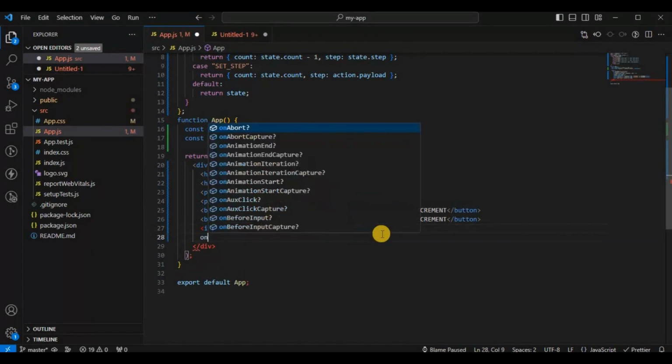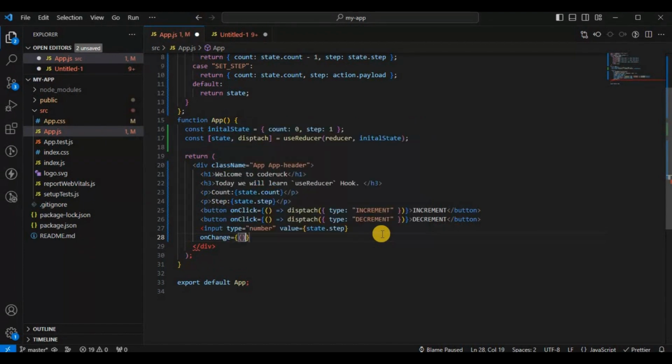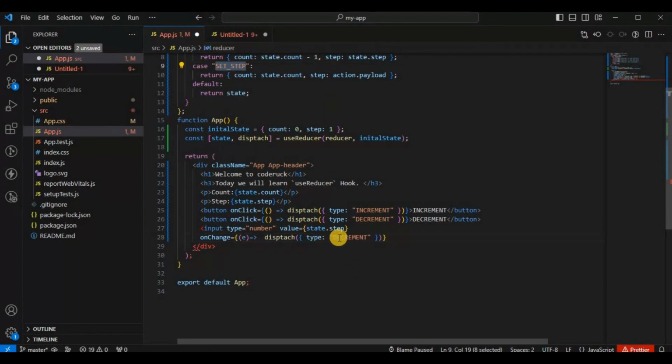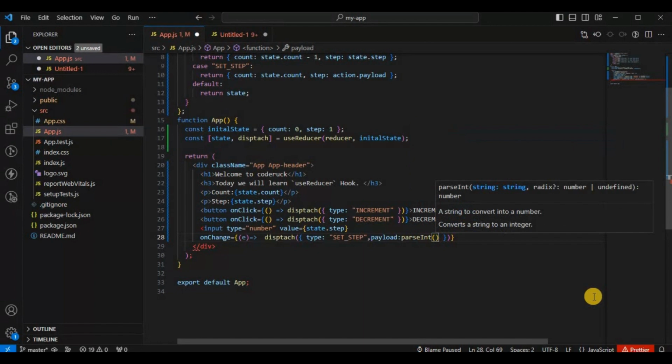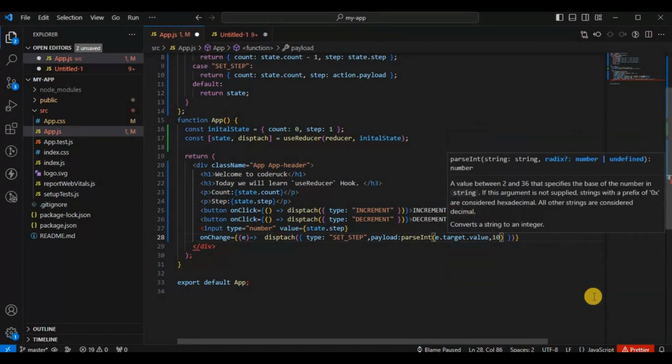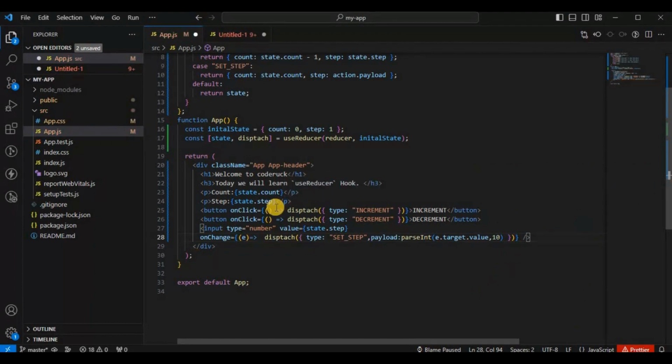Okay, and here we will write onChange, it will be our e, and after that we will call dispatch with the same, and it will be set step, and the payload we will pass parseInt of e dot target dot value, 10. Okay, now if I save this one